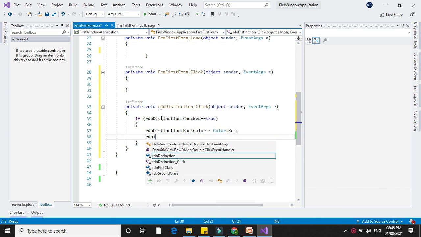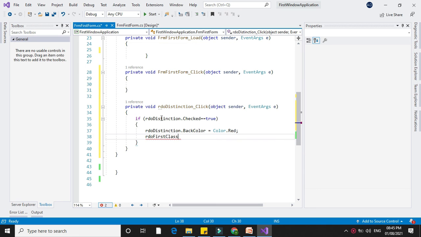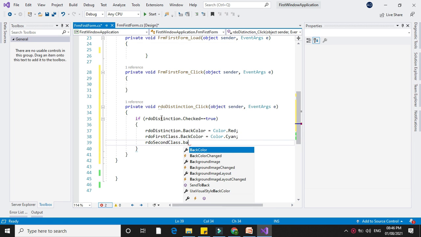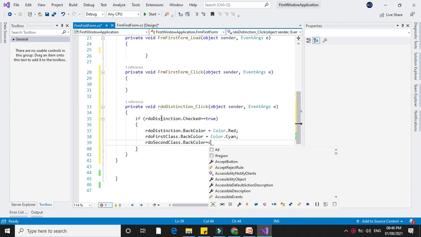I will change the first class back color equal to Color dot Cyan, and RDO second class dot back color equal to Color dot Yellow.